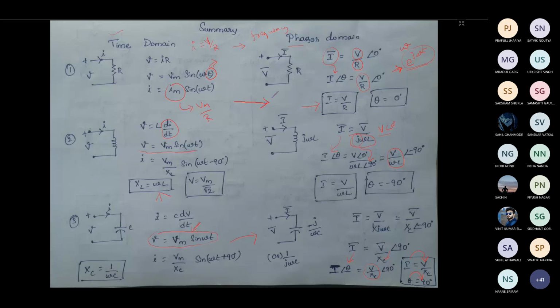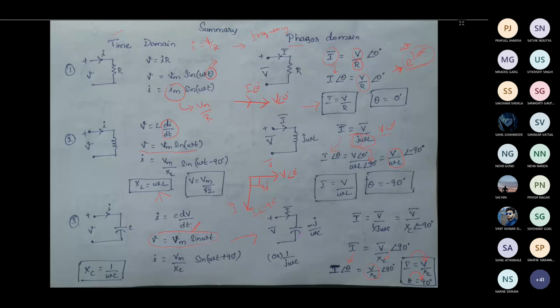So if you draw the phasor diagram, you will be getting voltage like this for a resistive circuit, and your current also will be like this for a resistive circuit. For an inductive circuit, if you are taking V angle 0 degree as reference, then your current will be lagging the voltage by 90 degree exactly. So this is I angle minus 90 degree. You can also call it the I phasor, and this the V phasor. So this is the voltage across the inductor and current passing through the inductor.